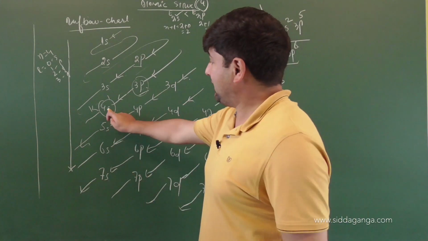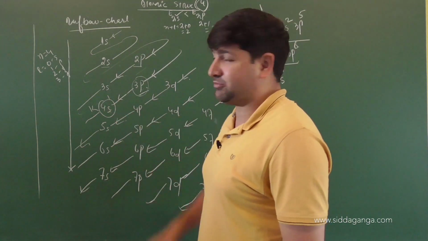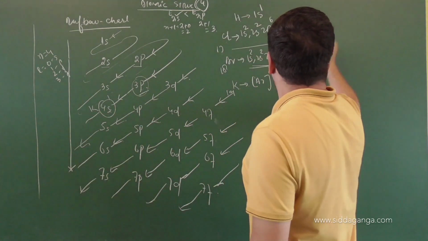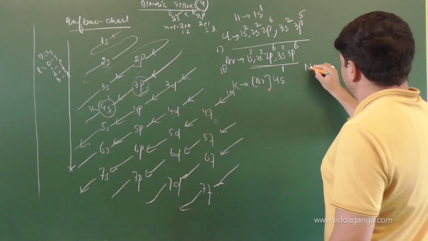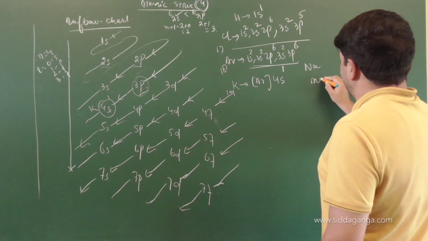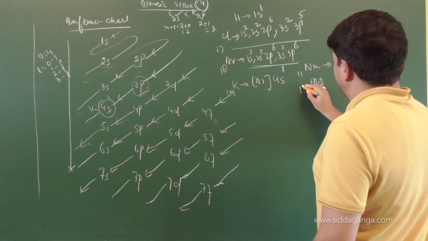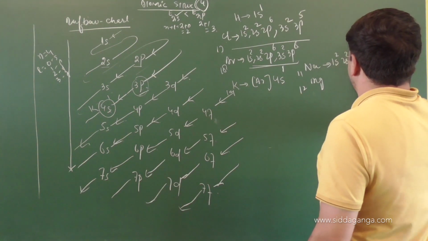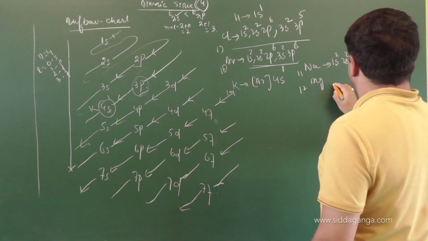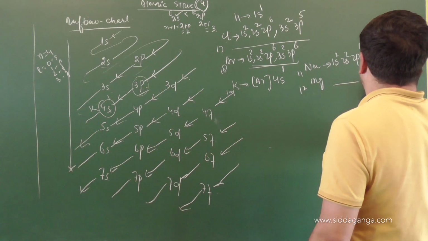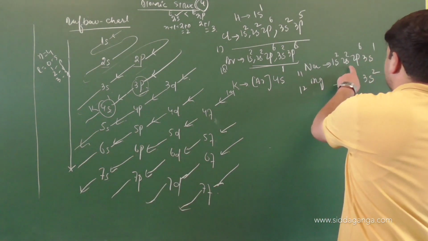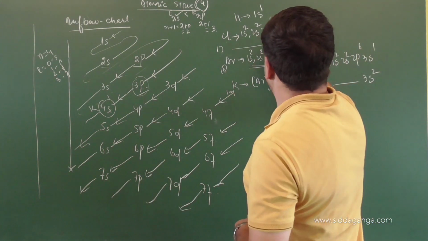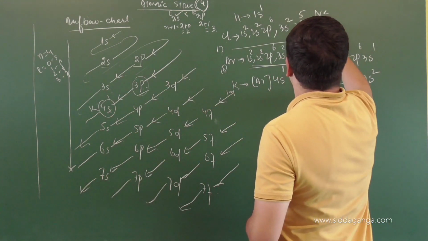s can accommodate how many electrons? 2. So you have alkali metal and alkaline earth metal. If you look in 3s, have a look here children, you got sodium and you got magnesium, atomic number 11, atomic number 12. Have a look: 1s2, 2s2, 2p6, 3s1. The same electronic configuration, then 3s2. So 1s2, 2s2, 2p6 is the electronic configuration of which element? Neon.